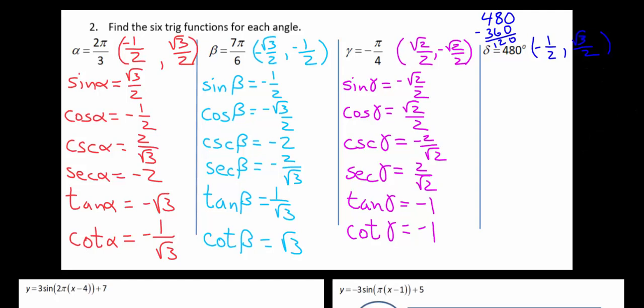Now, I don't know which method or how you go about thinking about this, but you need to be able to determine what quadrant it's in and what ordered pair is associated with it. And I tried to think out loud to show you how I do it. Okay? So now we have,